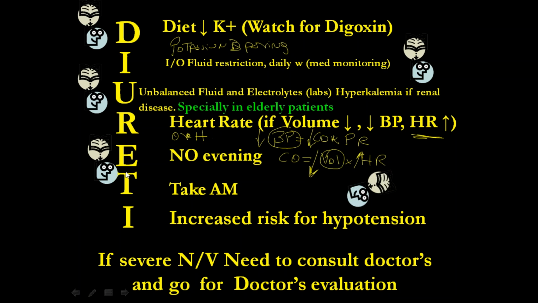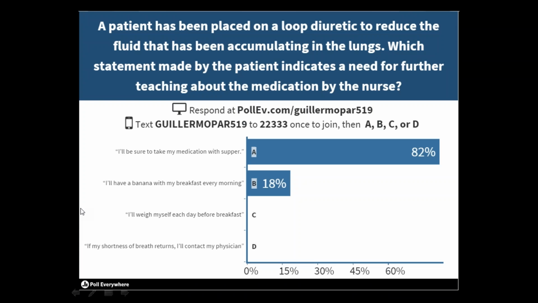So now let's see one example. If you have a patient who is taking diuretics and has severe nausea and vomiting, you need to refer to the doctor. Why? Because nausea and vomiting are going to make you lose electrolytes, and the diuretics are already related to the loss of balance of electrolytes. That means that, in most cases, you're losing sodium and potassium.